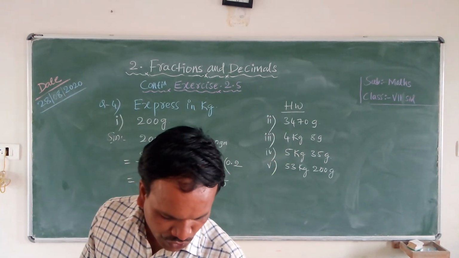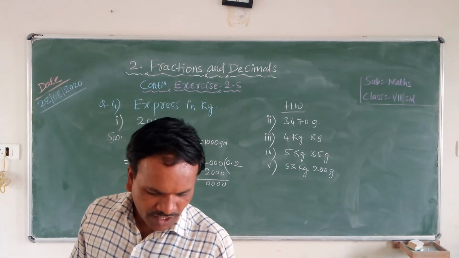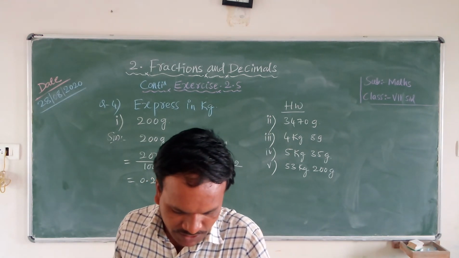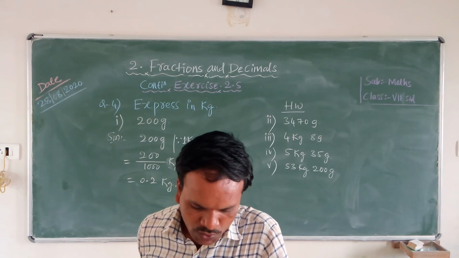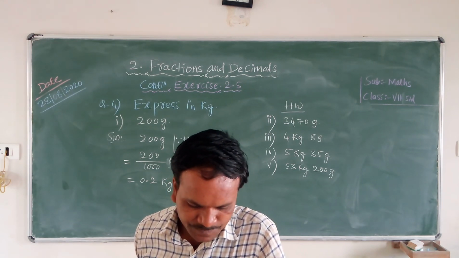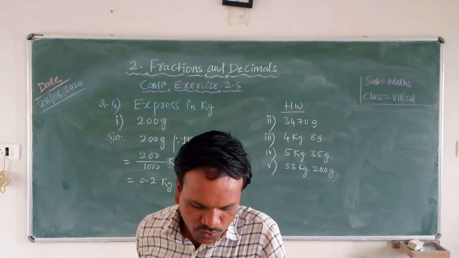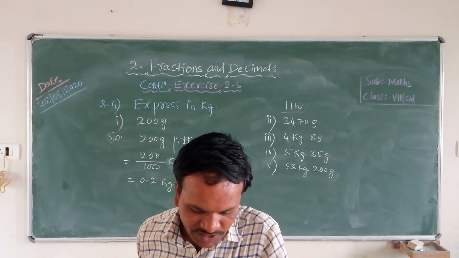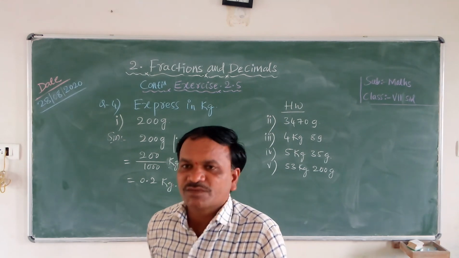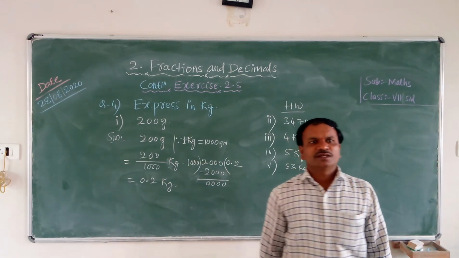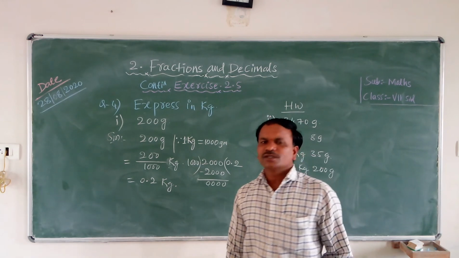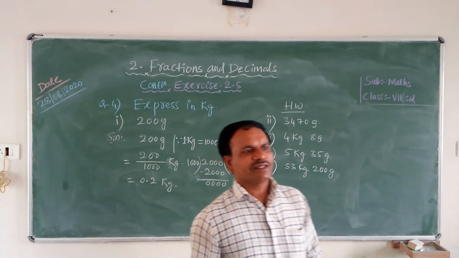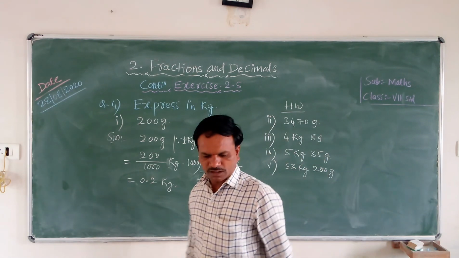Next, the sixth question is there. Write the place value of 2 in the following decimal numbers. Place value of 2 in the decimal numbers. How to do this is very important. Place value in decimal numbers means giving the number's place value. The second one, I will give as homework. Nothing basic is there. I will send the homework.